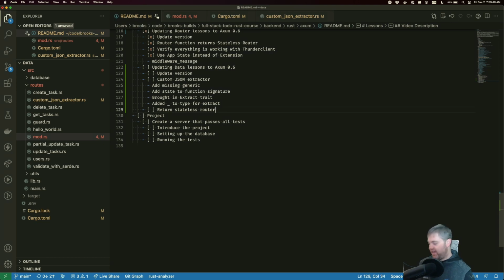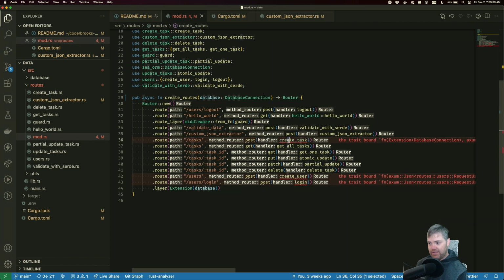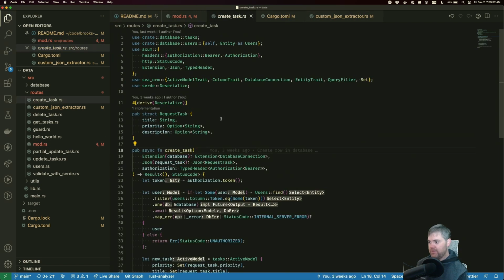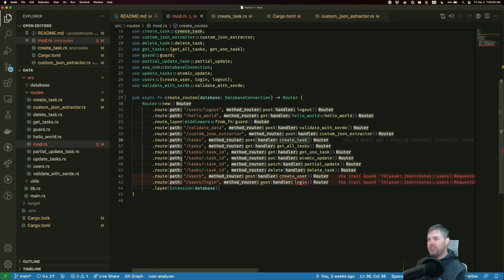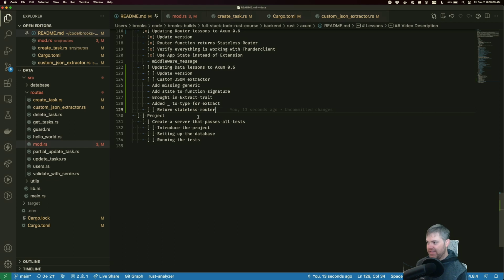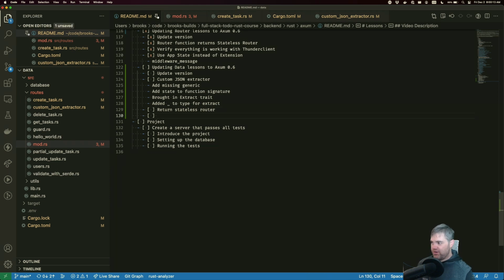Oh, you're right. Okay, you're right. Those are the order. I totally forgot. Create task. Oh yeah, we put the JSON at the bottom. That makes you happy. Very good. Okay, I totally forgot that. Me going and doing that would have fixed it because I would have probably noticed it at that time and changed it. But okay. So return status router, and this is